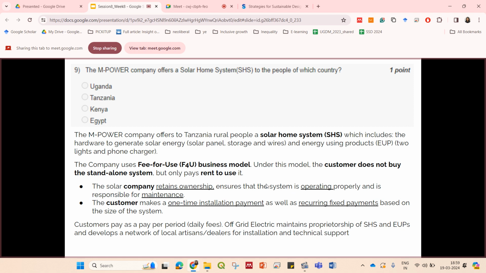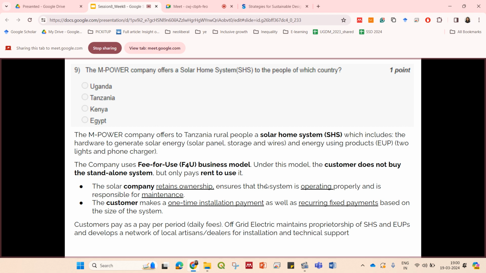So why is this kind of example important? So this basically, I think, was a kind of case study or case example of sustainable decentralized systems of energy production, and it is important to understand how in practice you can develop models which can make these kinds of sustainable decentralized energy sources accessible to populations who are not so economically developed that they can either develop or afford these kinds of solutions on their own. So basically, Empower, which is this company, uses a fee for use or F for U kind